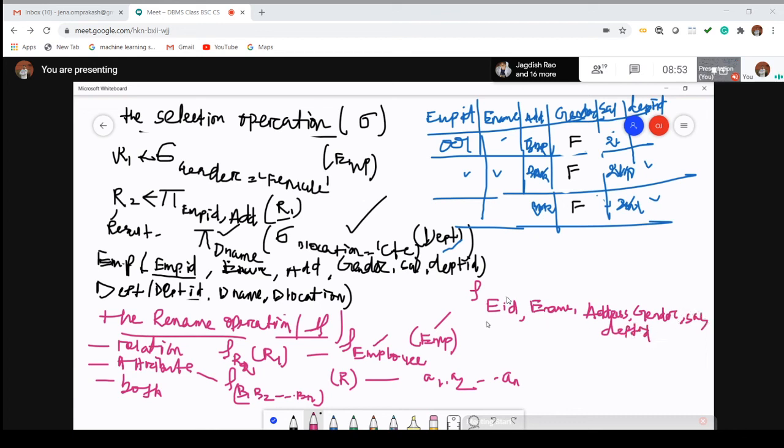Now just look at this one. This attribute is changed, this attribute is changed. From which table? I have to write the name of the table, which is employee. Whenever you create the new table, instead of employee ID, the table will consist of EID, and this column will consist of address instead of ADD.